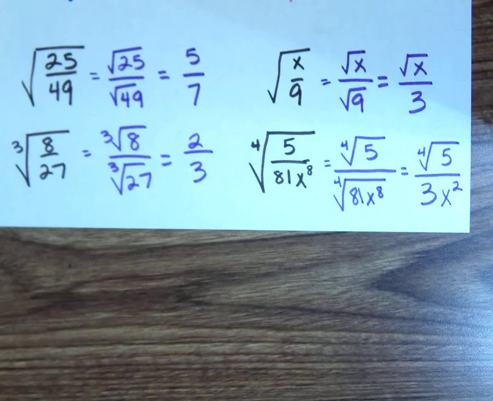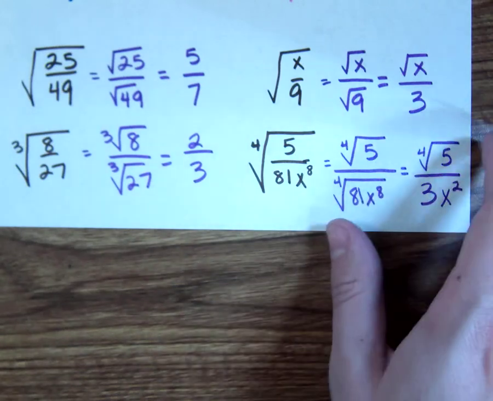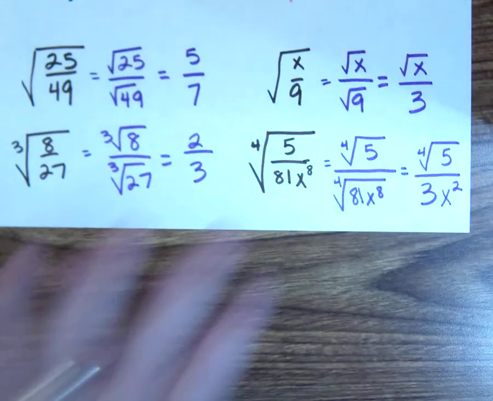However, all the ones that I gave you just now, the square root, third root, fourth root, if you could take the root of them, they worked out perfectly. What if they don't work out perfectly? For example,